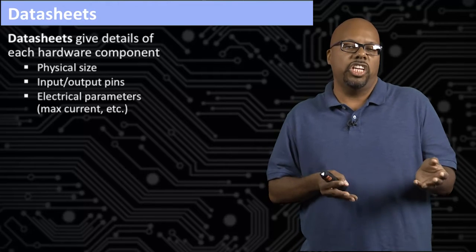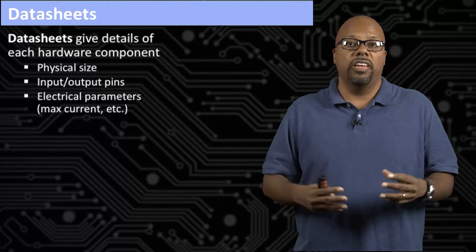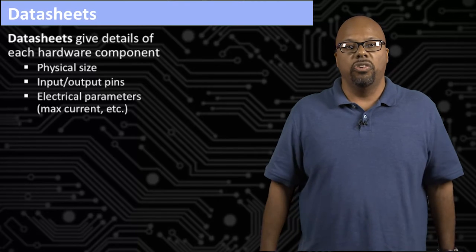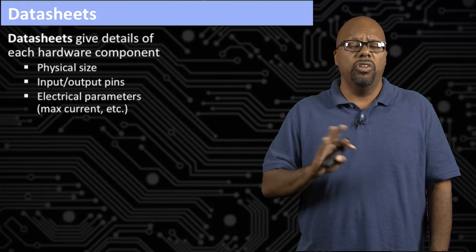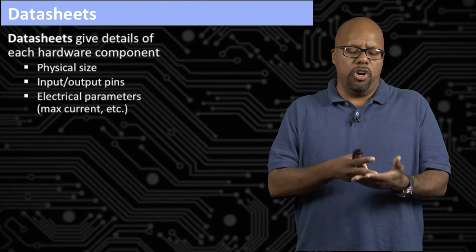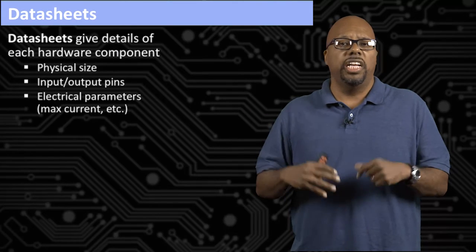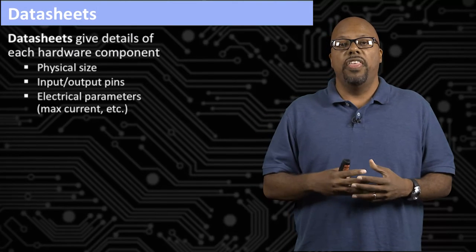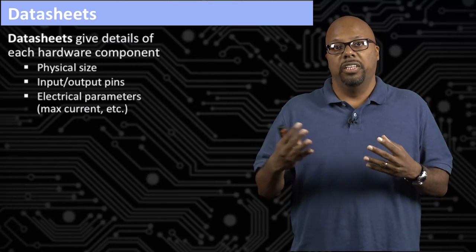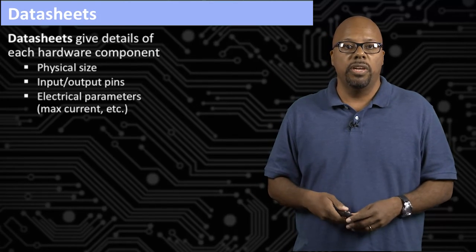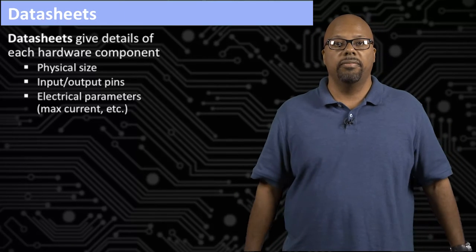The size, the shape, the inputs, the outputs, the voltage, all the electrical parameters, things like this, all the data that you need in order to use it. So reading these data sheets is really important. You can always find data sheets online. You find the part number, type it into Google, the part number, type data sheet, and you will find data sheets. And they can be very complicated to read, but it is important that you be able to minimally read them, at least find the important information, just so you can order the parts that you're going to need to make these devices that you will be making.